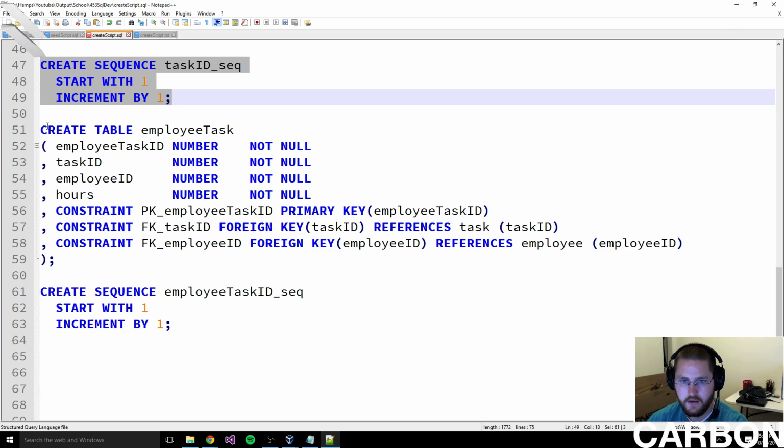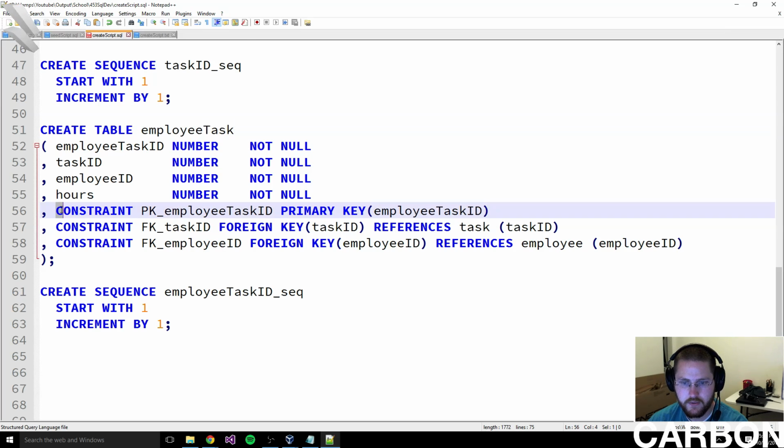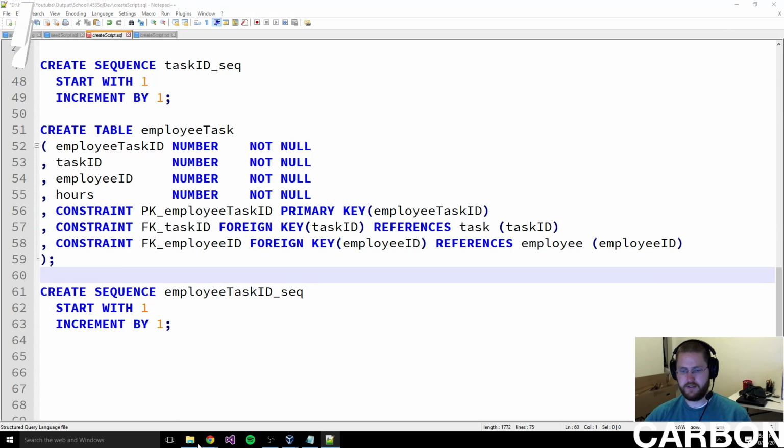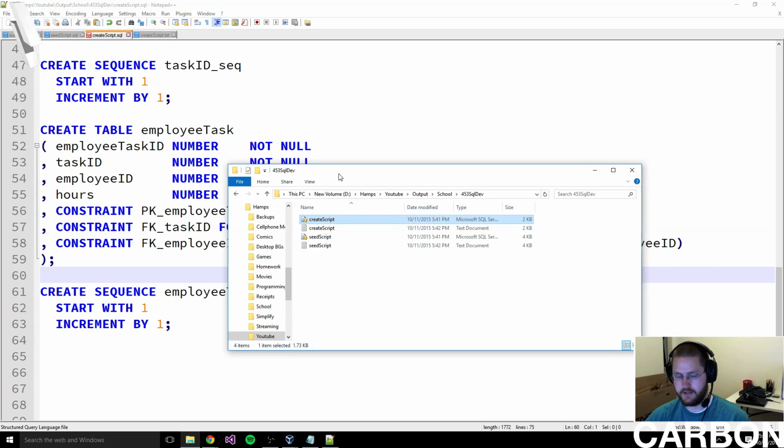Sequence again. And employee task, it's the same thing. We have our primary key, but this time we have 2 foreign keys. And it's the same thing as it worked on the previous one. And so we have this structure now set up that is,